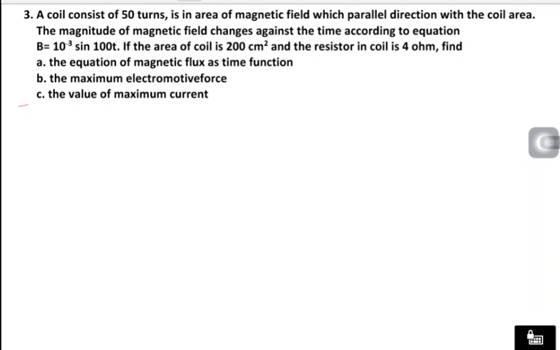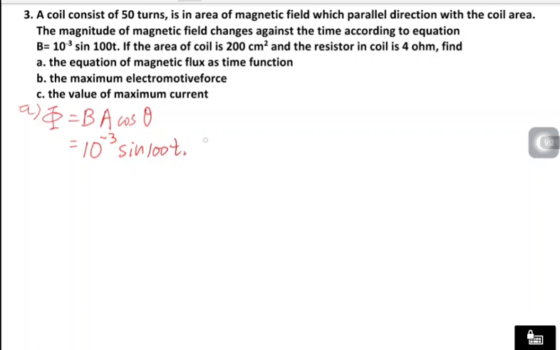Okay, we answer A. The equation of magnetic flux as a time function. From before, we know that the formula of flux is B A cosine theta. Okay, so we input the B, 10 to the minus 3 sine 100t,